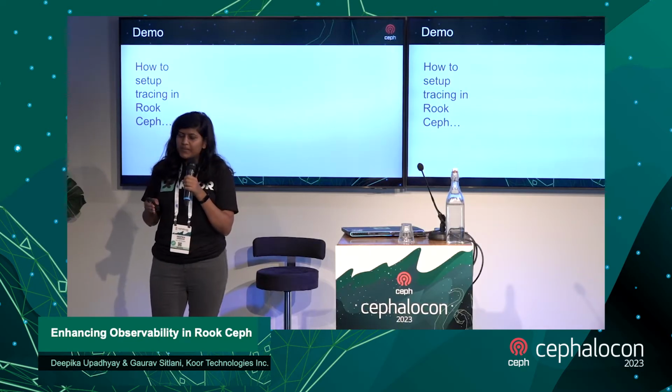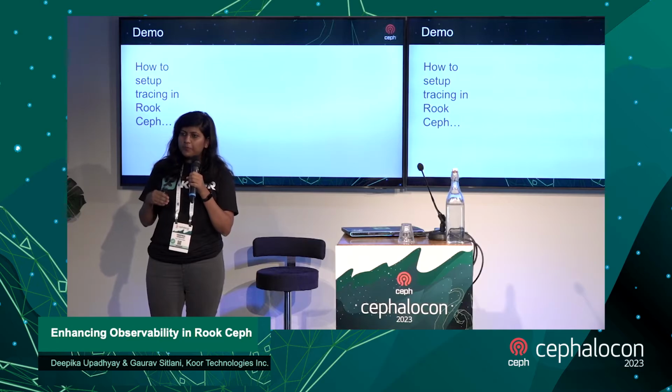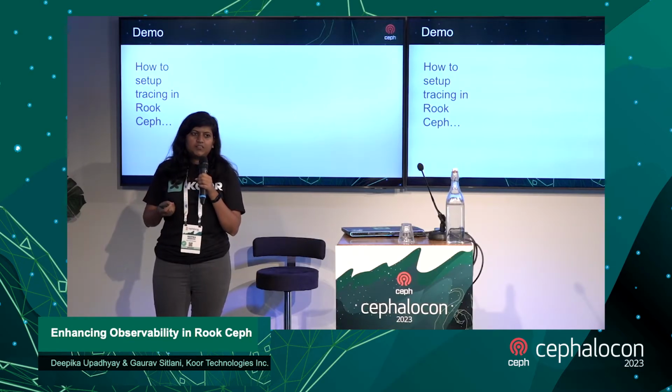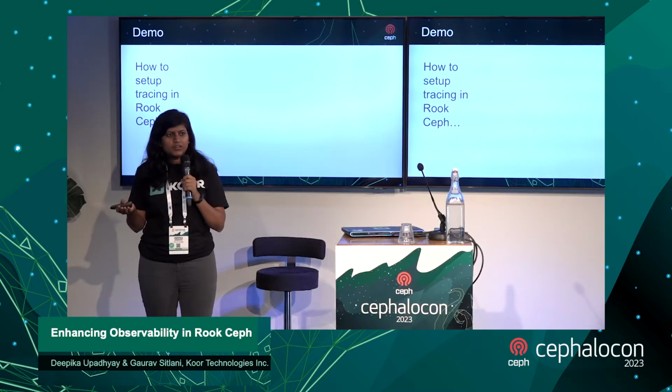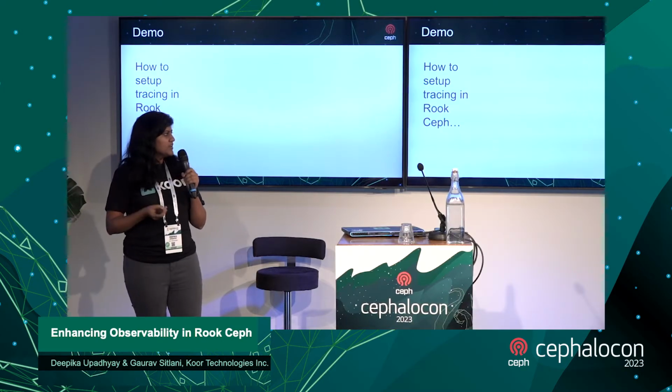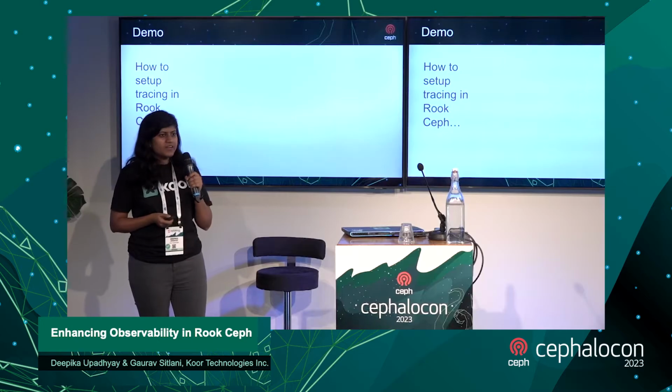We are going to replace the Jaeger agent with the OpenTelemetry Collector. That's also suggested in the Jaeger project, and it would work similar to the Jaeger agent. And once the setup is done,